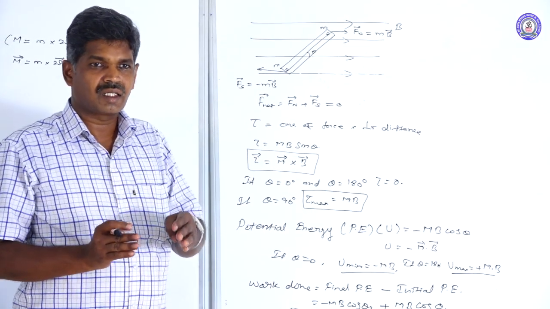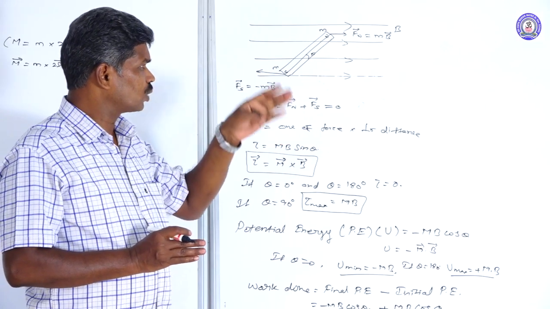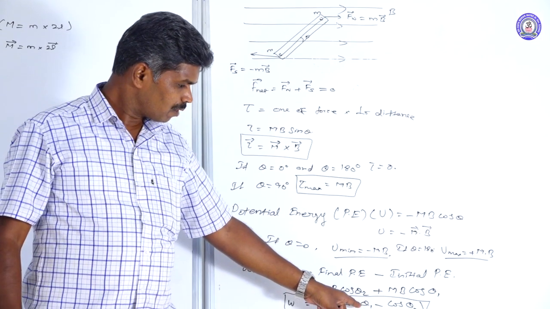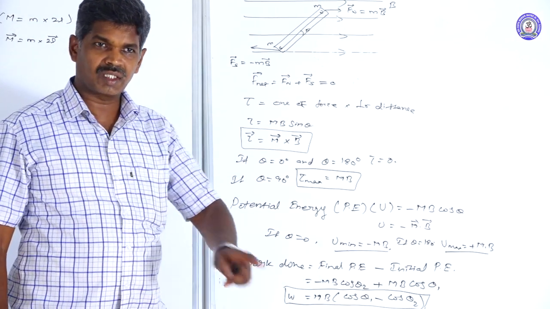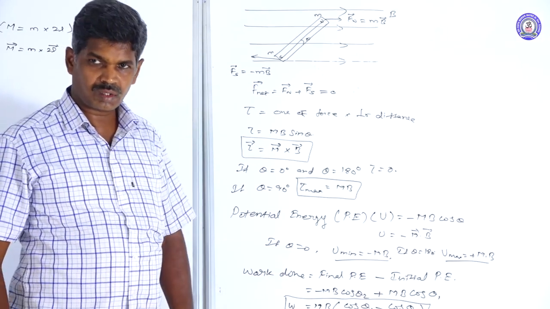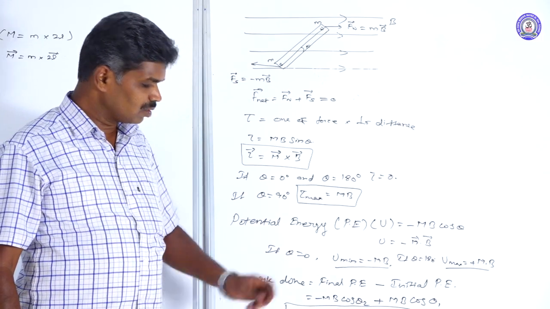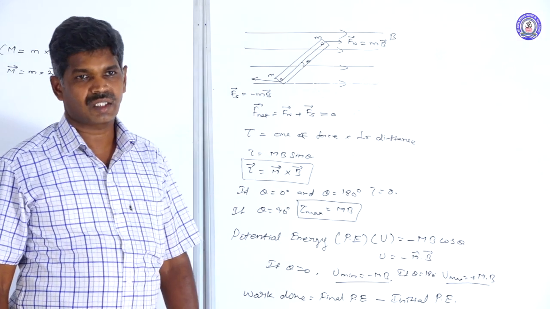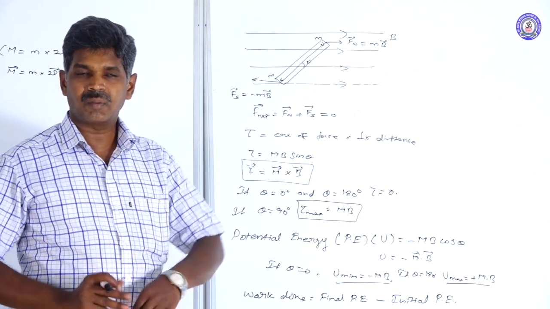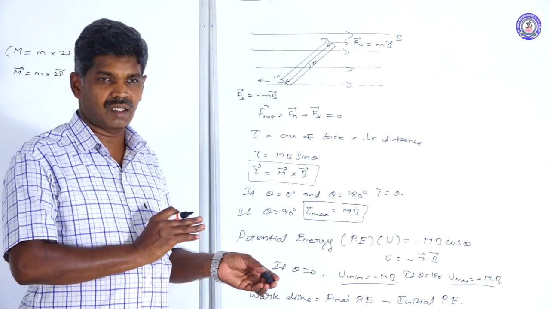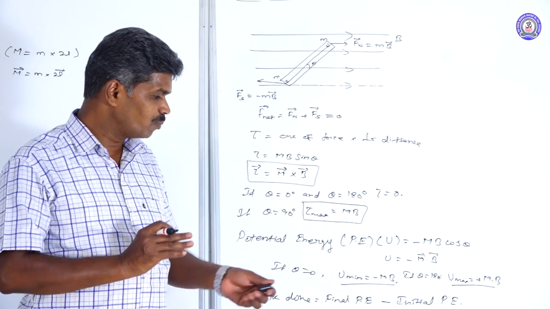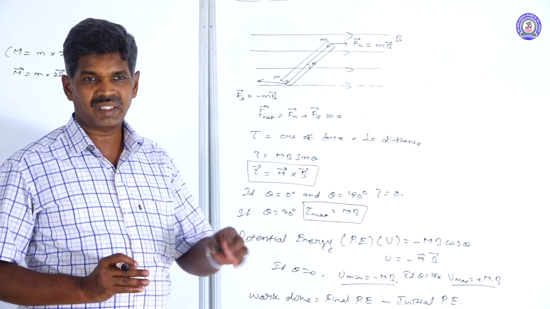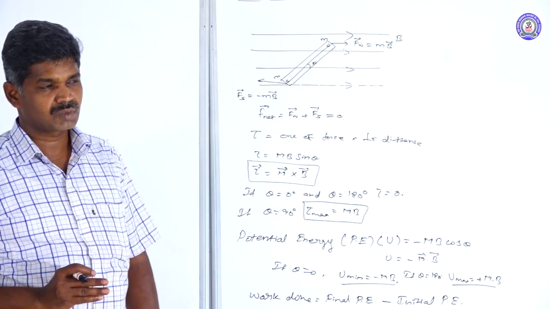Suppose it is initially parallel to the field, then theta 1 becomes 0, and cos 0 becomes 1. Then we can take W is equal to mB (1 minus cos theta 2). From the stable equilibrium position to some other angle of rotation, we can take mB (1 minus cos theta). That is, theta 2 can be taken as theta.